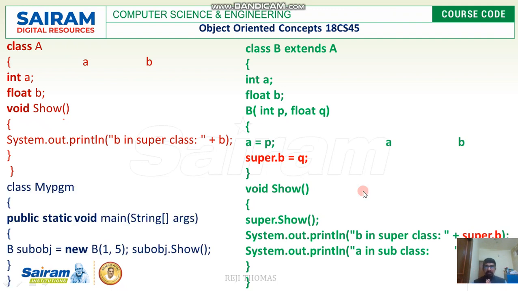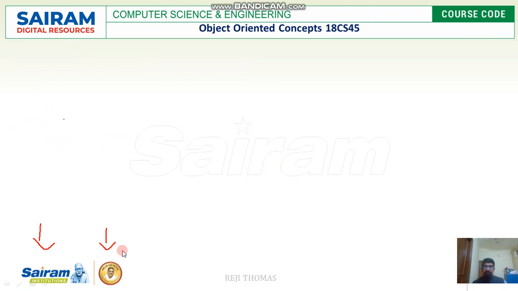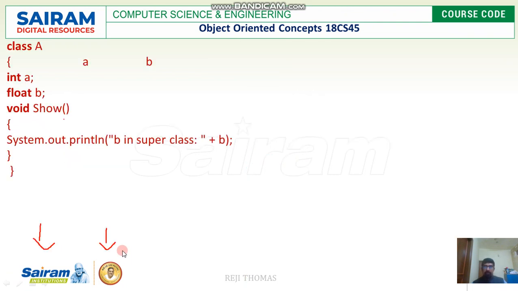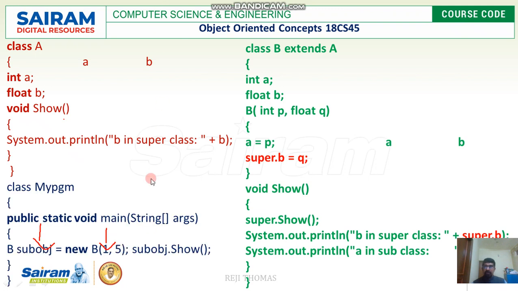Now let us see the class which has got the main method. Look at the main class where I've created an object of class B, and I'm going to call its constructor with parameters. So when I call this, what happened?